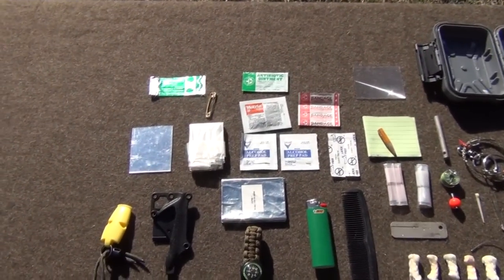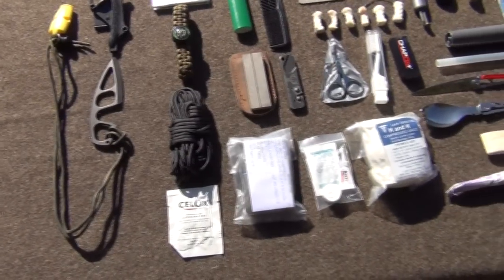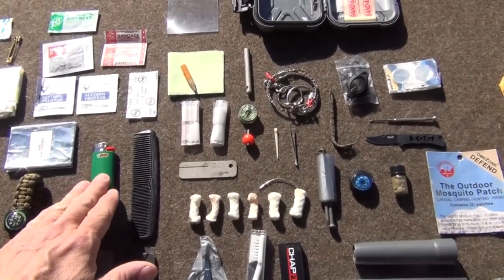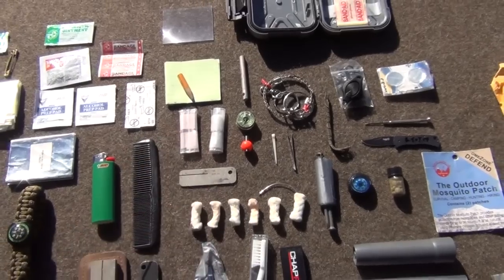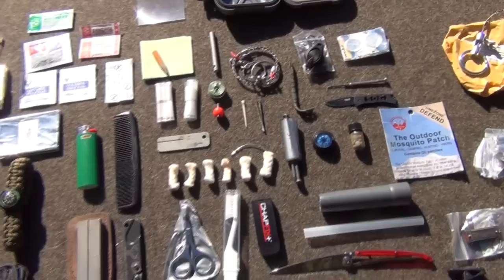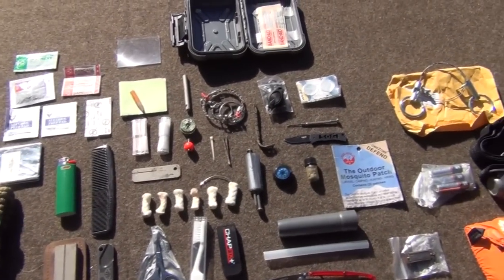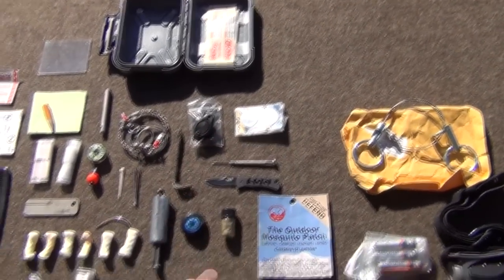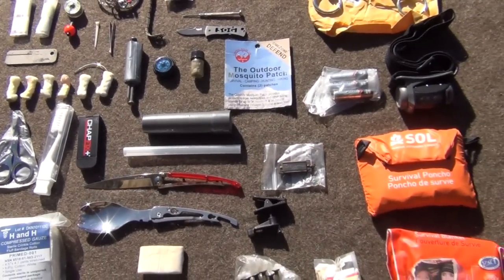So here's a quick overview of the kit again. Of course, medical supplies. I do have 3 means of starting fires: the Bic lighter, the mini ferro rod here, and then 6 wind and waterproof matches. I have the ability to catch food and game with the snare wire, of course, and the fishing kit most of all. I have my little flashlight here, extra batteries, screwdriver for changing the batteries, the knife, extra compass, potable